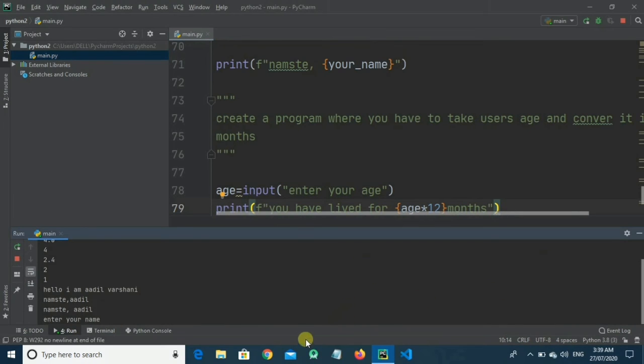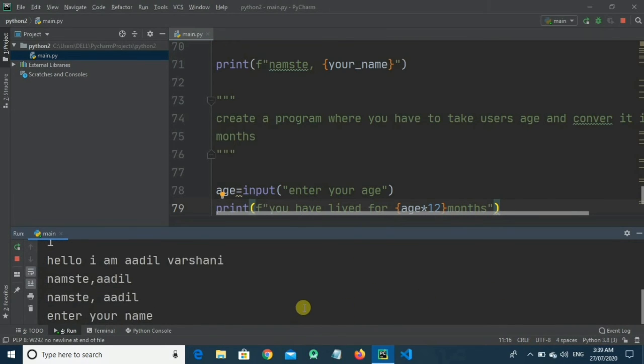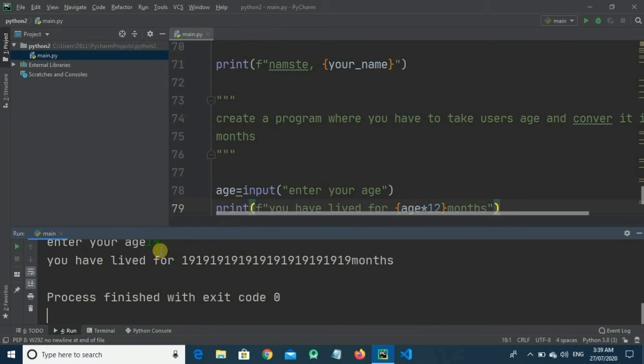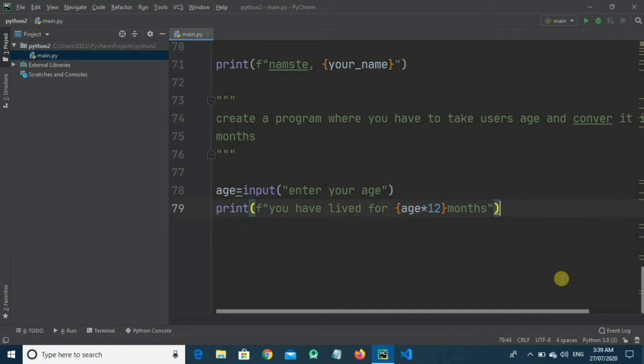Okay, so let's see, input your name. I will input my name Adil. Now my age, 19. See, we didn't get the desired result. So what we have to do here is just add a line of code.